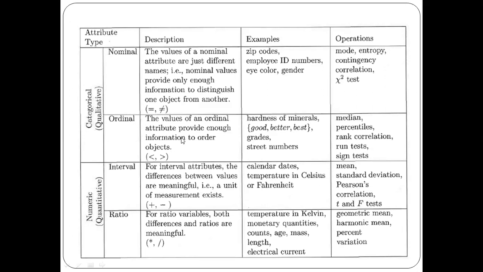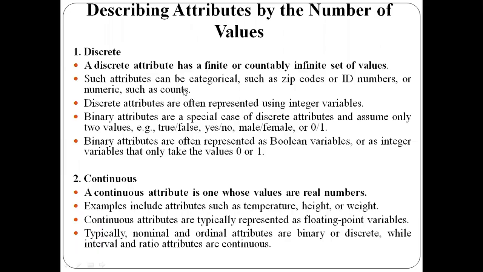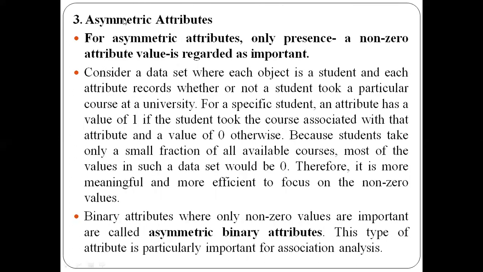So now coming to the next thing, the types of attributes based on the number of values. How many sets of values the attributes have got. Based on that also, we can classify the attributes into three categories. The previous classification was based on whether they satisfy the properties of numbers or not. Now the next categories of attributes are based on the number of values, how many sets of values the attributes will be having. Again, we have three categories here: discrete, continuous, and the third one is asymmetric attribute.